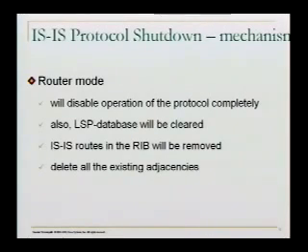It's basically granular. Whether you want to do it on the interface, you can shut it down, or if you want global mode, you just configure it in the global mode. And here I'm just explaining what happens if you put it in the global mode, and what happens if you put it on the interface. If you put it on the interface, obviously you're not going to send any IIH packet, which means I'm not going to maintain any adjacencies. But if you put it in the global mode, I'm going to clear the database, because global mode has the database. And also, if I have anything in the RIB pertaining to that, I'm just going to remove it.